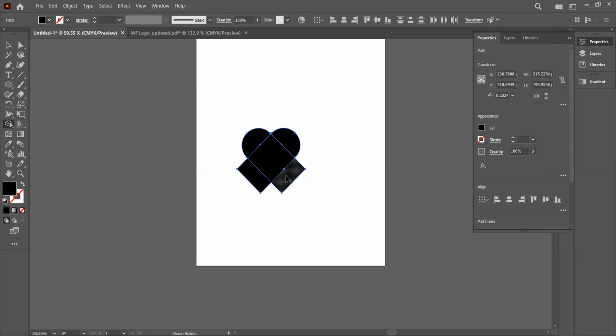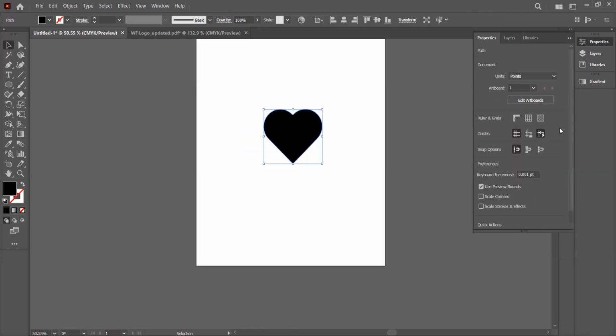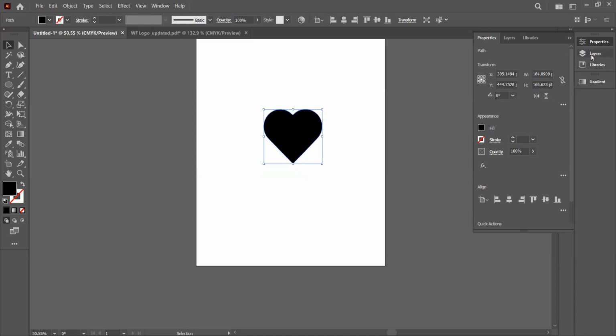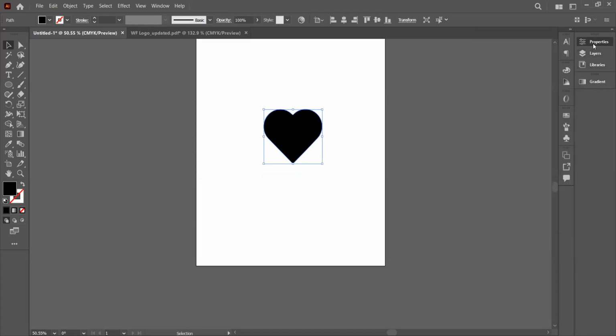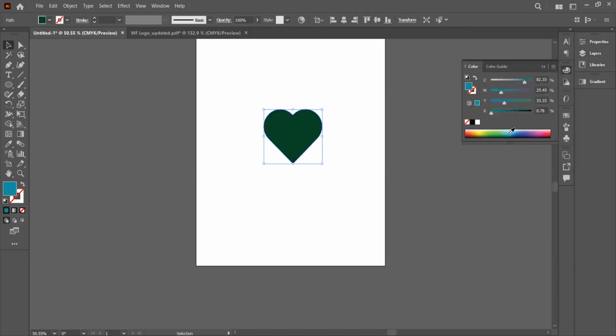Hold down your Alt, then click it. Hold down your Alt, then subtract it. Then you can join everything together. Can you see? Join everything together. Then you give it color. That's Illustrator for you. Very sweet. I love working with Illustrator. Can you see? Then you can flip this guy. Ctrl-C, Ctrl-F.